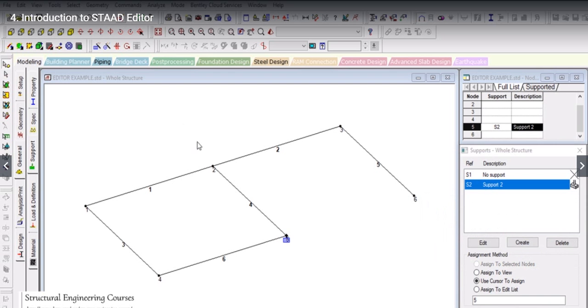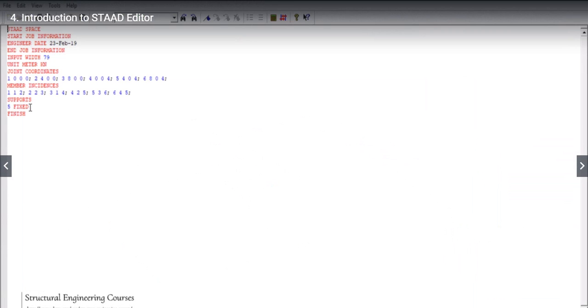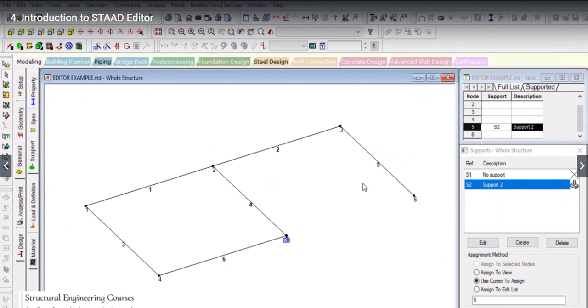So when we go to the editor file, in joint number 5 there should be a fixed support. So SUPPORTS, this is the syntax that now we are entering the supports, and joint number 5 is fixed. So in the further lectures we will study much more about this editor option also.